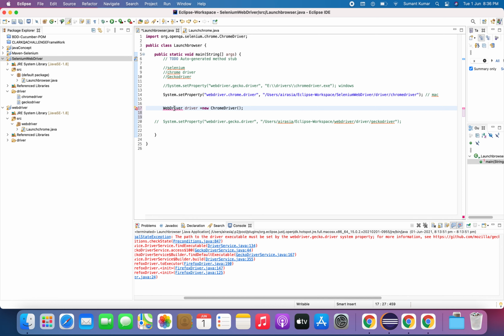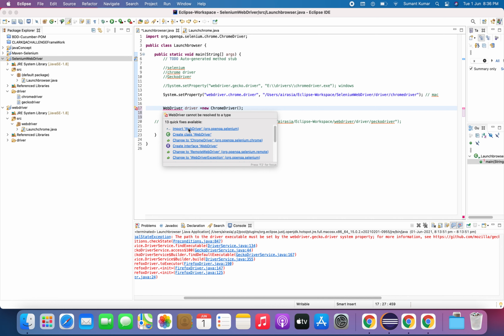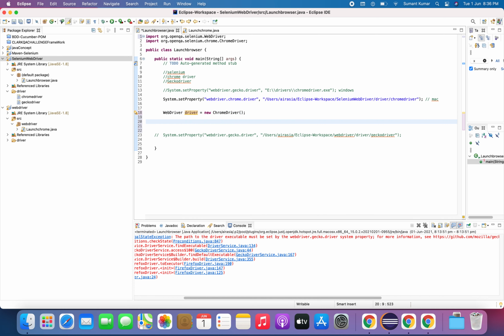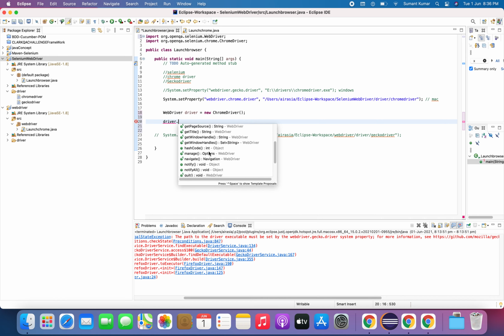This WebDriver is an interface, and you have to import this WebDriver from Selenium. So WebDriver driver equal to new ChromeDriver. Why this one? Because after giving the reference of this WebDriver, you can use driver dot, and you can see all the methods present inside this WebDriver interface, right?